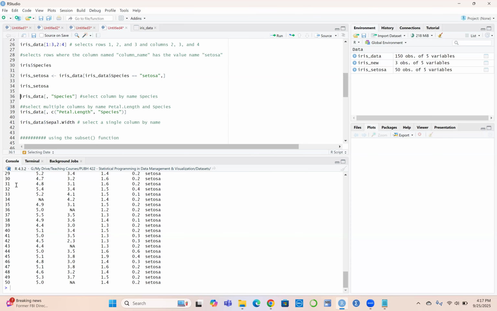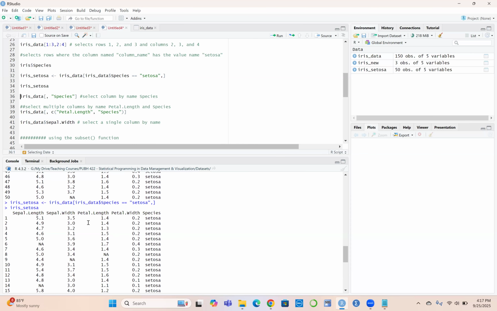So we run it, now it gives us, okay? So you can actually create a new data from another data frame and then use it in performing your analysis, okay? Now, what if I want all the species? I want R to go into the data frame and then give me all the column for the species,